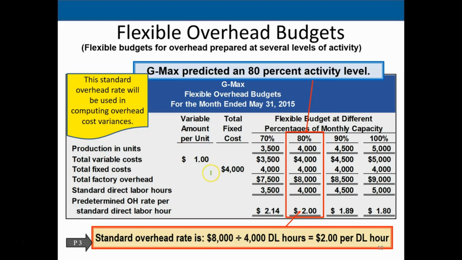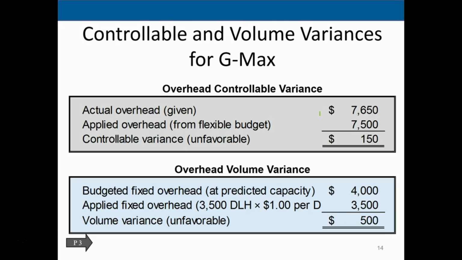Now if we go back up to our flexible budget and look at the $1, you can see that we have the 7.5 at the 70% for the 3.5 unit level, and we have the fixed portion being 3,005 at this level. So if we take the actual overhead minus the applied overhead, that's going to give us the 150 controllable variance. That's what we think is variable. That's what we think we have control over. Then if we take the budgeted fixed overhead at predetermined capacity, which is 4,000, and subtract out the applied fixed overhead, that 3,005, then we're going to get the volume variance, which is also unfavorable. If we add those two up, it adds up to the 650 that